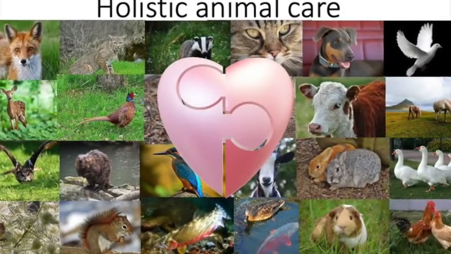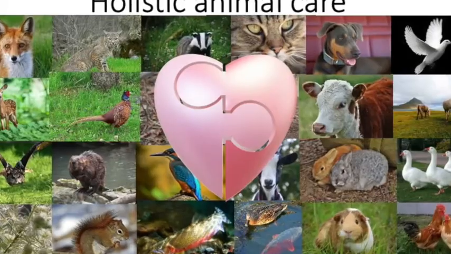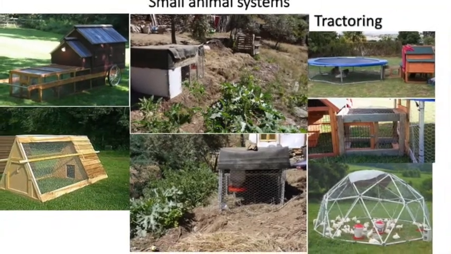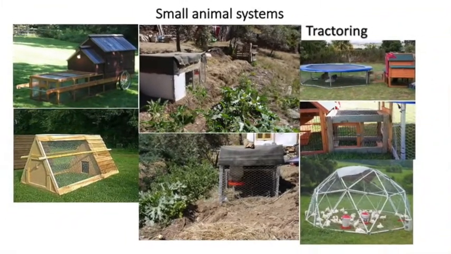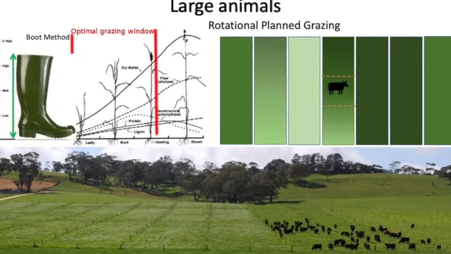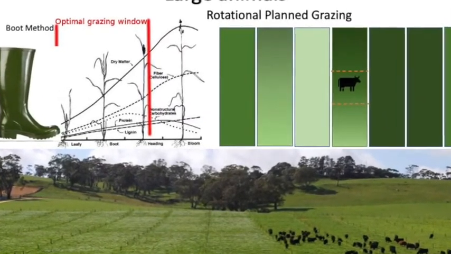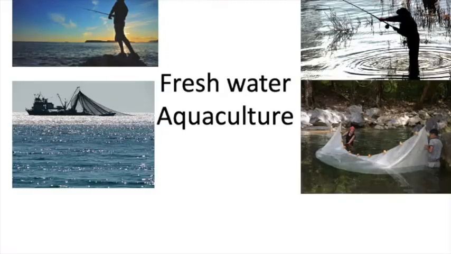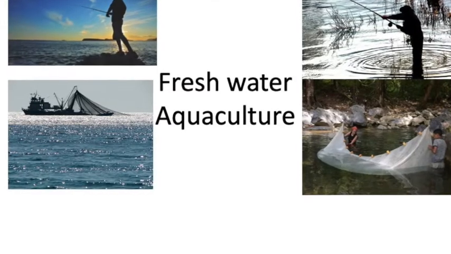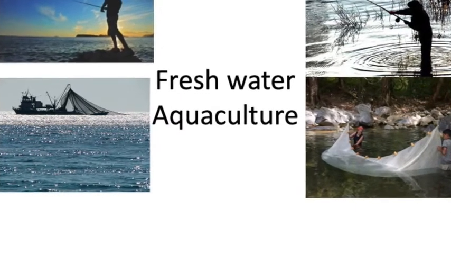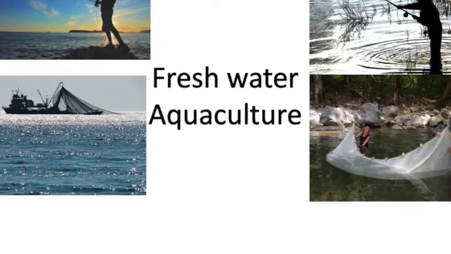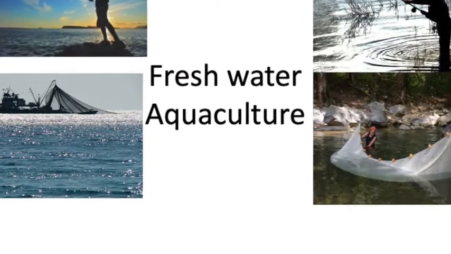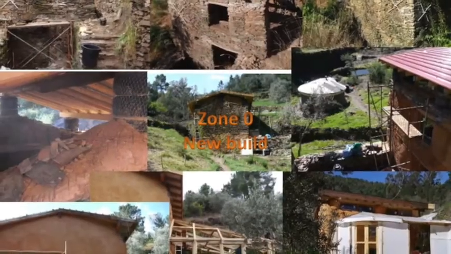Module 8 is all about the animals. We're looking at wild animals as well as domesticated animals. From our small pets to our large livestock, how can we harmoniously integrate these animals into our landscapes? We'll be looking at natural beekeeping and the importance of our pollinating friends. We'll also be looking at aquaculture and how we can efficiently grow aquatic life within our water systems. And then Module 9,